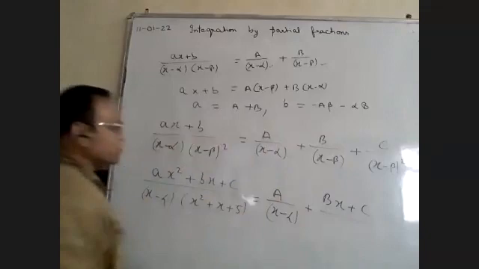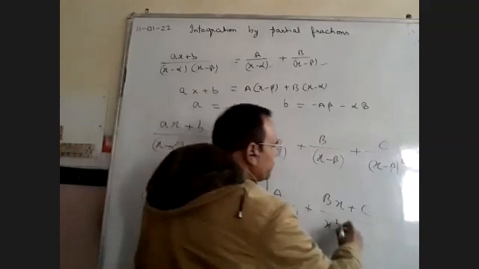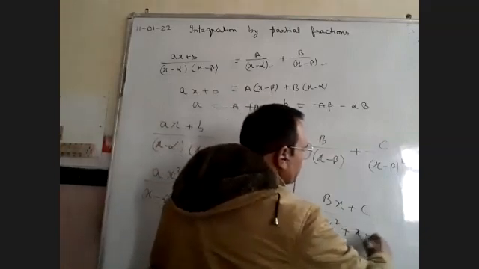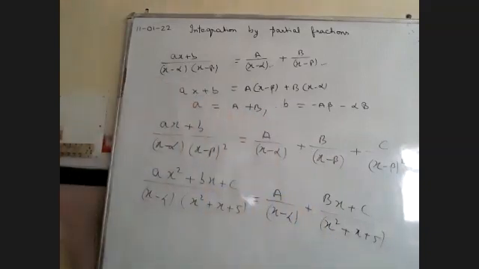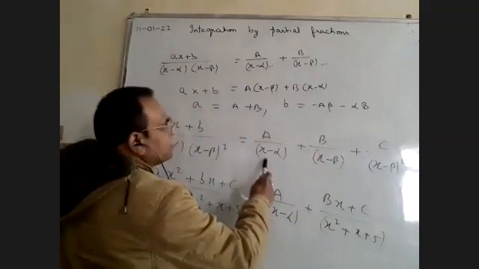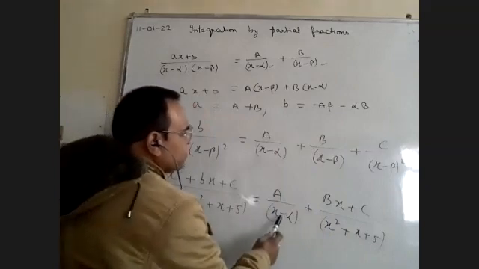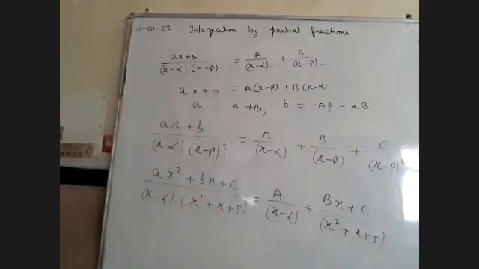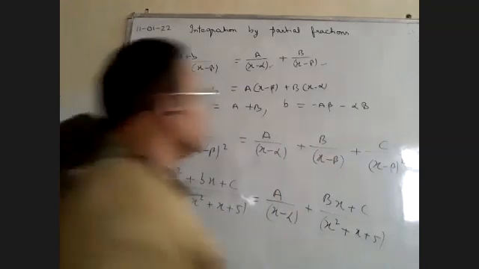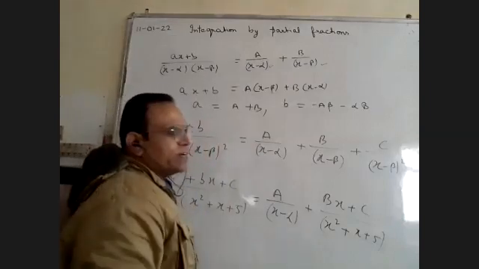If it is quadratic, we assume the numerator in the form of linear. So for x square plus x plus 5, just remember this one. Where the factors were linear, we assume one degree less, that is a constant term. Here we have degree 2, so we assume the linear form, that is bx plus c. After comparing the coefficients of A, B, C, then we get the integral form. It is a very standard integral, 1 upon x. So for 1 upon x, the integration will be log x.